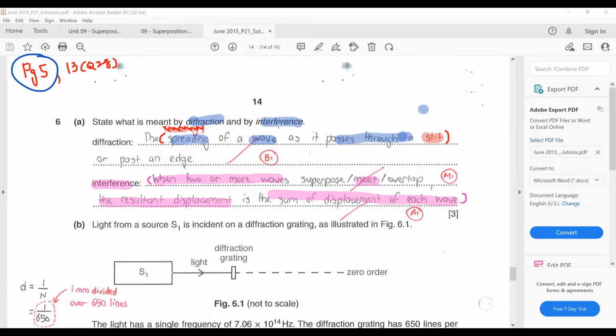For part B, they say that light from a source S1 is incident on a diffraction grating. A lot of times when you read your questions, try to identify first whether it is a double slit or diffraction grating, because it will change the equations that you need to use. Since you already see that it's a diffraction grating,